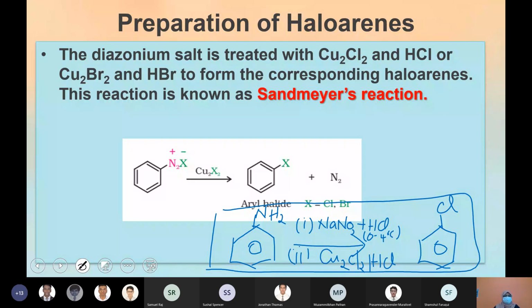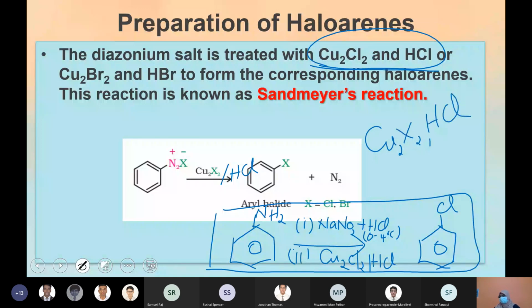HCl is not mentioned in the reaction. Do we need to write it? Yes, at the bottom you have to show HCl. Here they have written it very clearly in the statement. It can be plus HCl, or slash HCl; both are fine as a reagent. Or you put just a comma like that. That also they accept, Cu2X2, HCl. That way you can represent it.